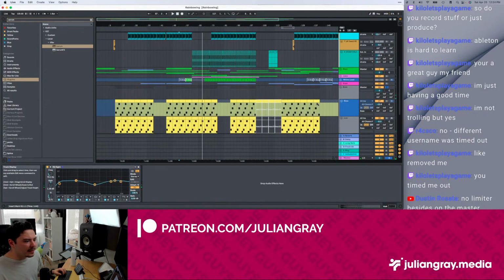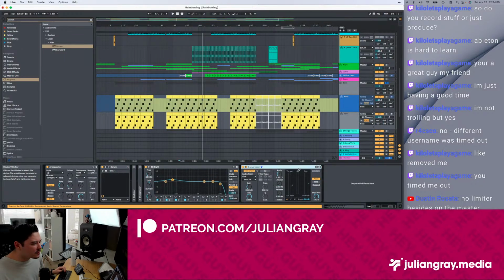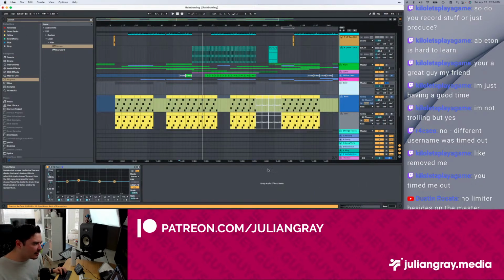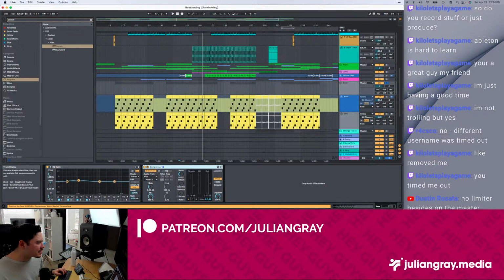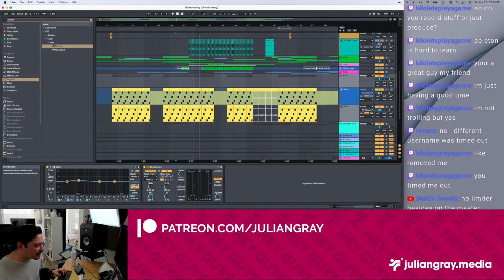So the bass is a little bit conflicting, I think, because of a lack of sidechain. So what I'll do is copy the sidechain to the bass channel that we've just made with both of the basses together, and if we dial in this sidechain a bit, we can fix up the relationship between them and make it a little bit tighter.